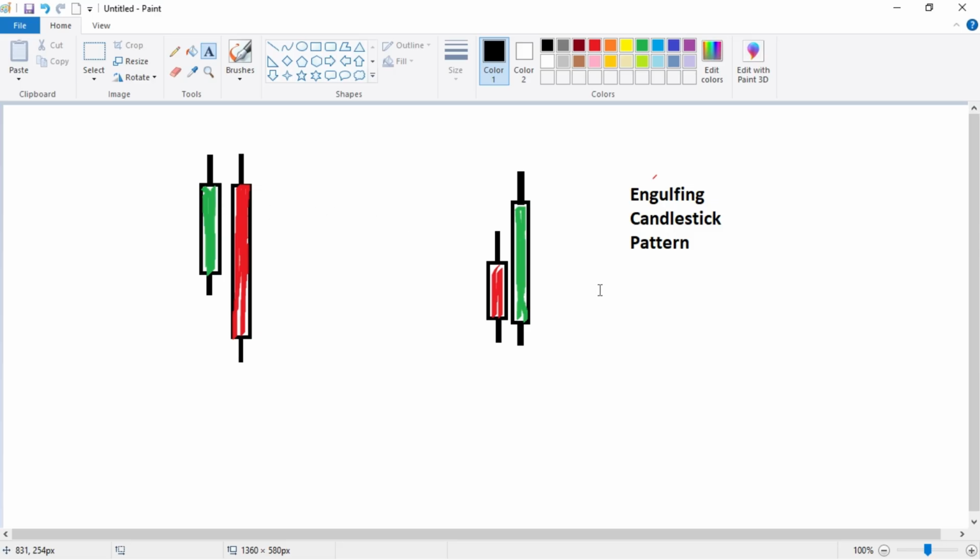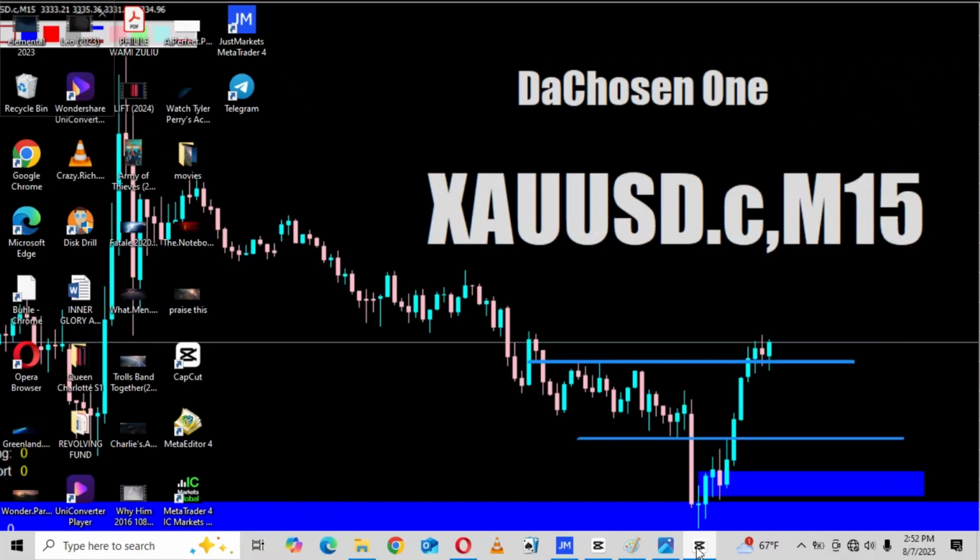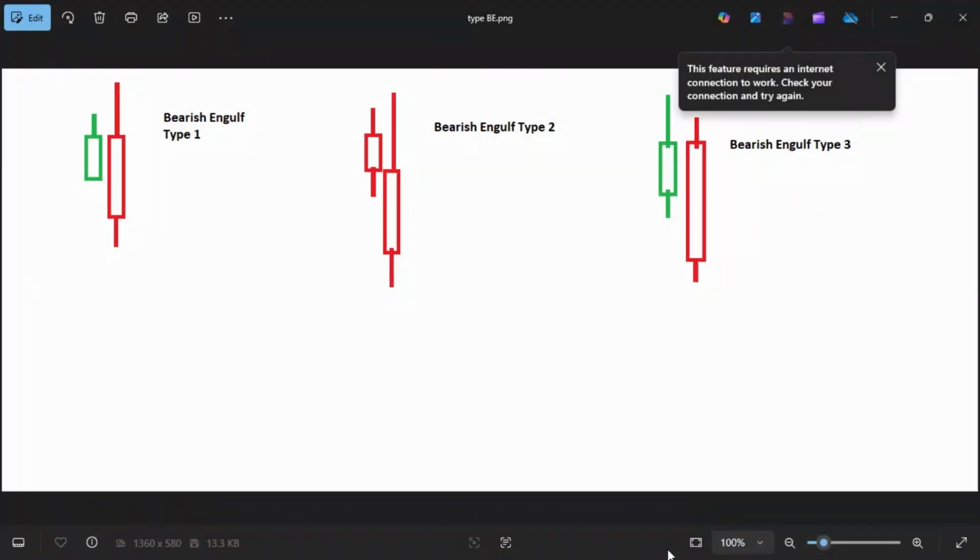So with engulfing candlestick patterns, we have three types that we use. And those types, let me show you. As you can see, we have type 1. With type 1,